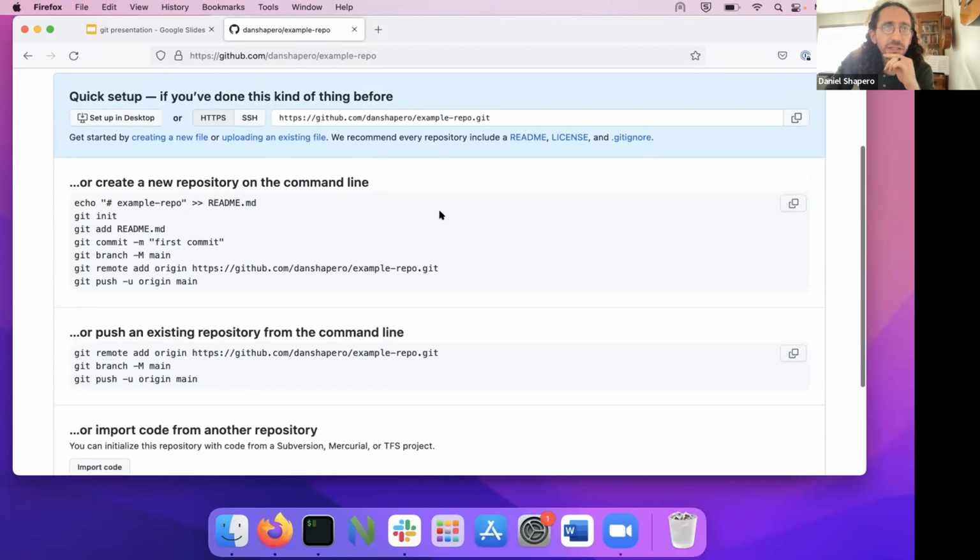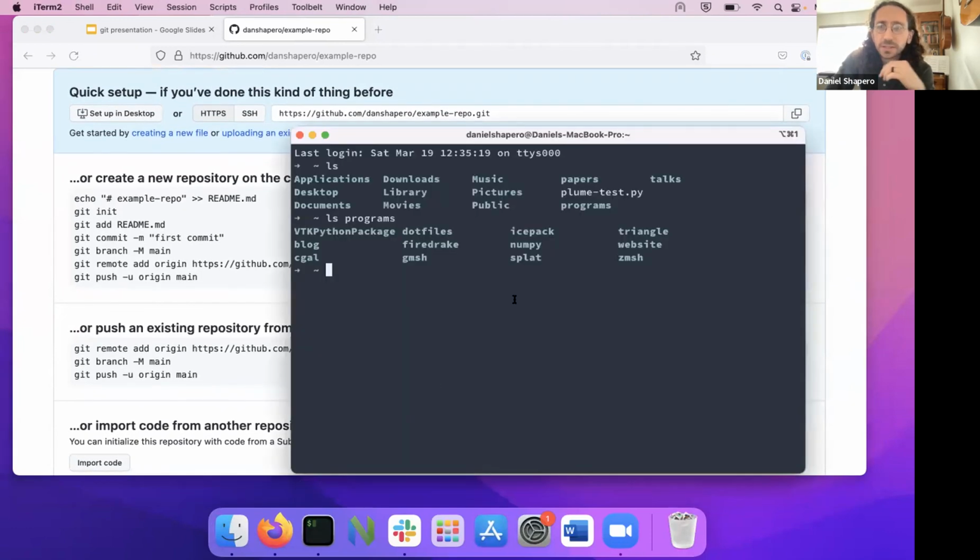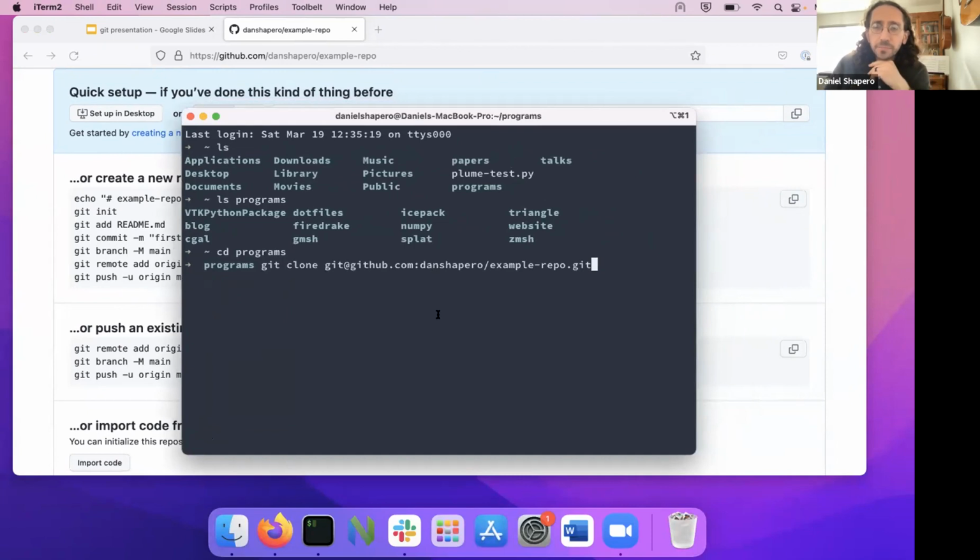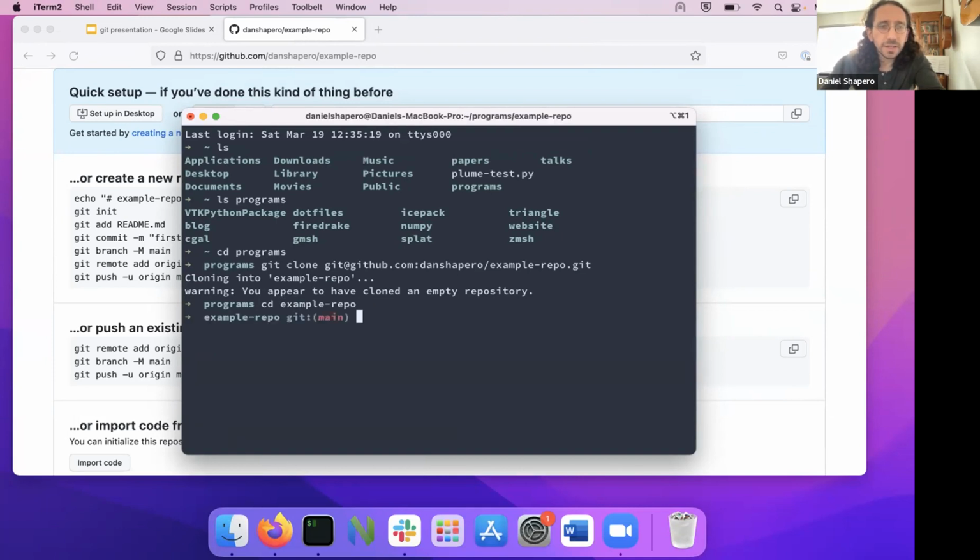The first thing, so this will create a blank Git repository that lives on GitHub, on this website. But on my own computer, I don't have it yet. So I'm going to clone it. What this is going to do is go talk to GitHub and see if I have the right permissions to clone this source code, because if I made it private, I want to make sure that other people can't get at it, and then download it. It's given me this warning that I've cloned an empty repository, and that's totally okay. That's exactly what I expected. So if I go into this example repo,